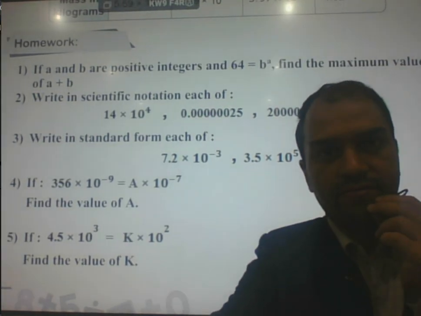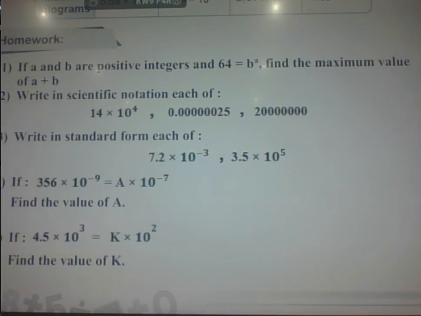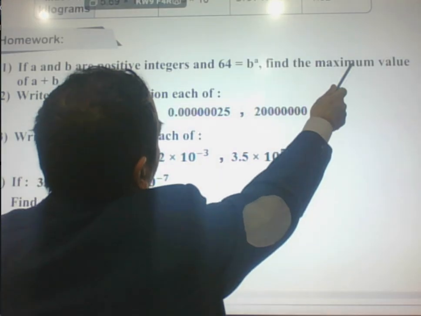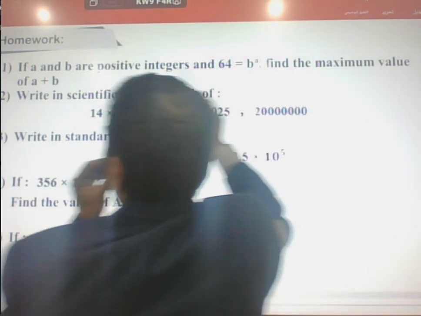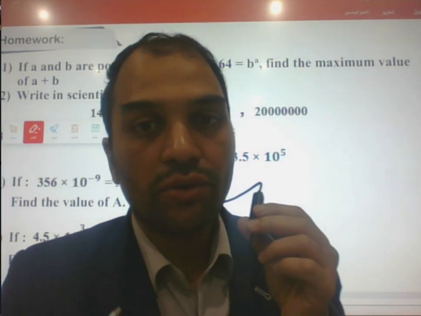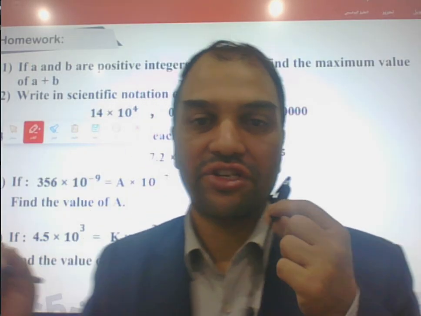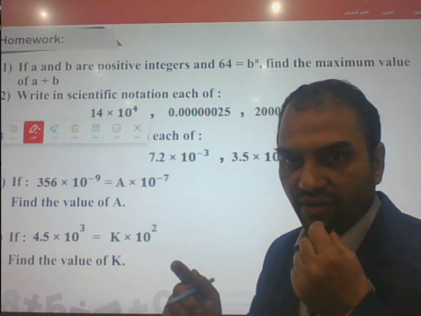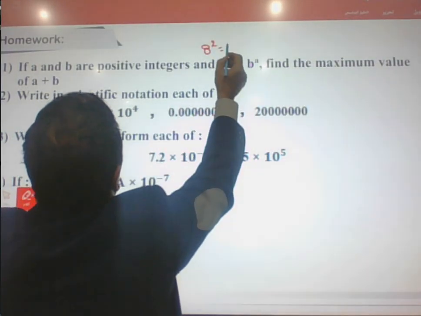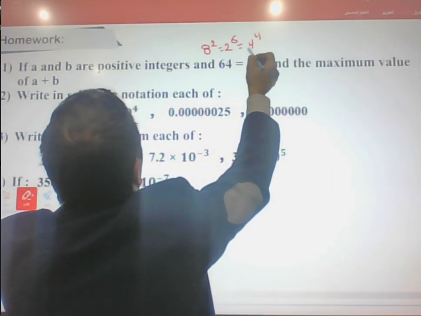Question number 1. Find the value. Listen to me here. First question. If a and b are positive integers and 64 equals b power a, find the maximum. He wants here the maximum value of a plus b. Okay, I solved this example for 1 minute. You remember? But in this example, he wants to find the maximum. In the last question, he wanted the minimum. In this equation, he wants to find the maximum value. Do you remember 64? Okay, listen to me. 64 equals 8 power 2, and also 2 power 6, and also 4 power 3. Then you can collect